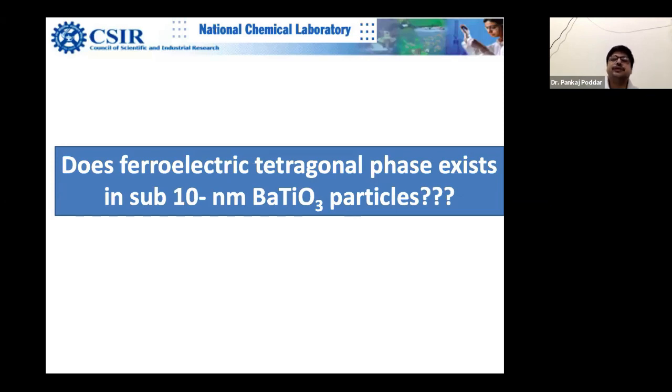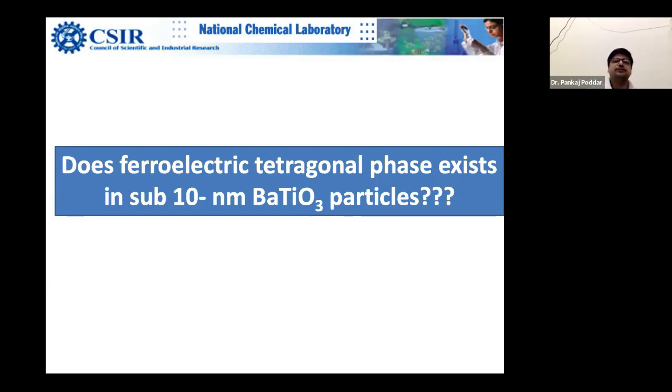When barium titanate becomes cubic, it loses its ferroelectricity and becomes paraelectric. In a ferroelectric material, you can polarize the lattice, which is very useful for many applications. But paraelectric materials are not very useful if you want to miniaturize devices, for example memory devices like ferroelectric RAM. So this was the question: what will be the fate of barium titanate when you reduce the particle to